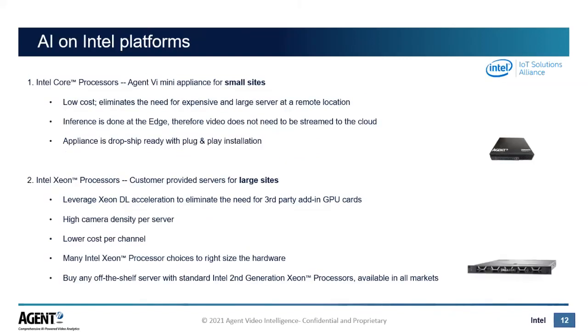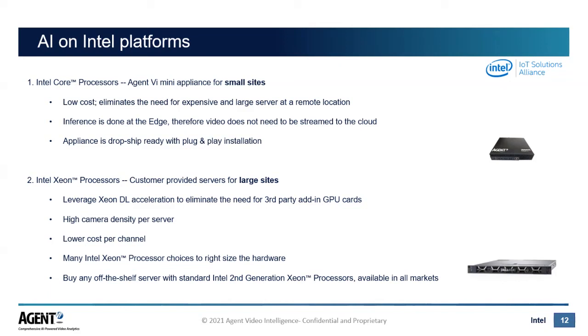So as a real practical example for our customers, even though we've done lots of GPU deployments, a more normal setup for us is if you're on a small site, let's say less than 10 cameras, we can take a simple low-cost box running an i5 processor and run up to 10 cameras on it. That's a very low-cost box, drop ship, plug and play, ready to go.